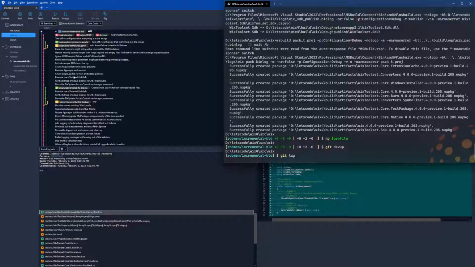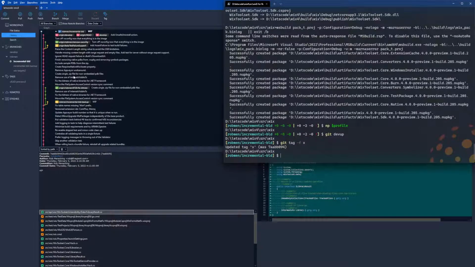In this case, I might as well bring it up here, so I'm just going to force X to where I'm at right now. All right, great. So what I have now is the tag X on top of my two work in progresses, and I'm going to go ahead and